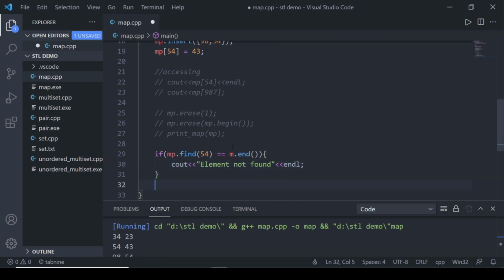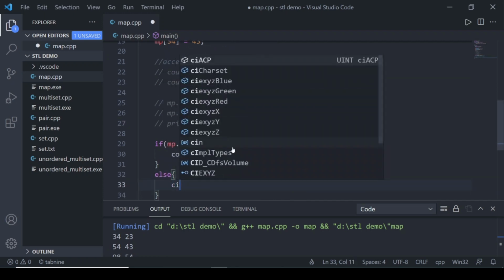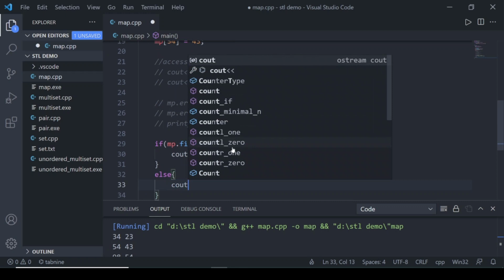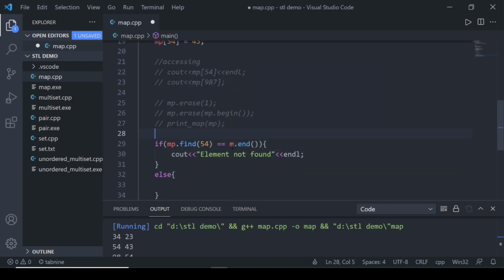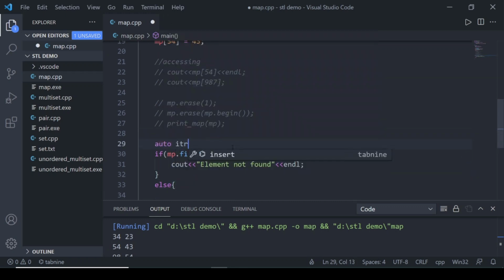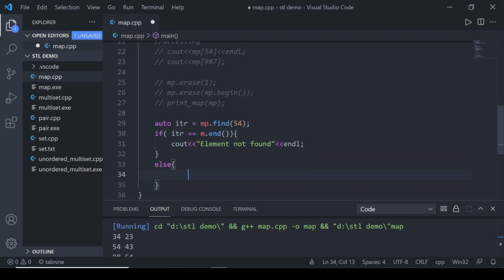Else, what we can do is use that. Why not store it first? So auto itr equals to, let's cut that. So if itr is equal to mp.end, that means the element is not found, otherwise the element is found.